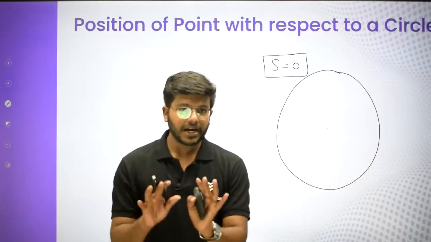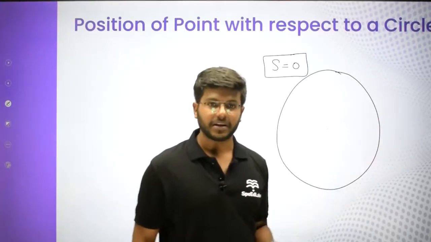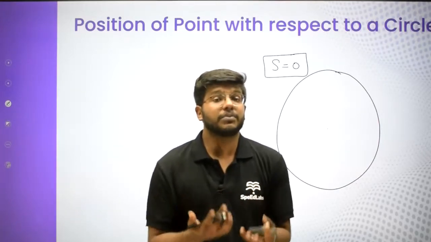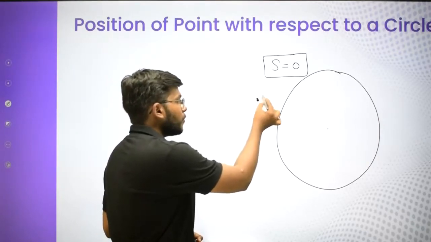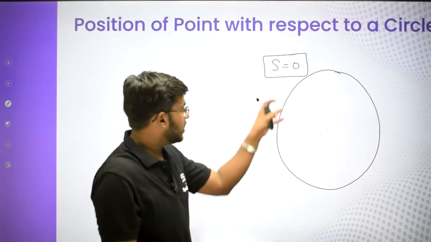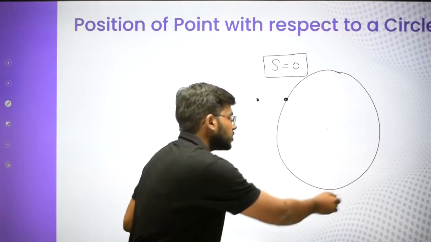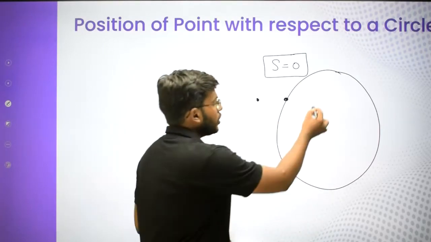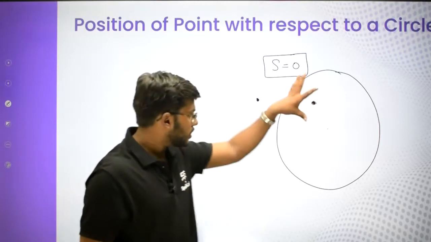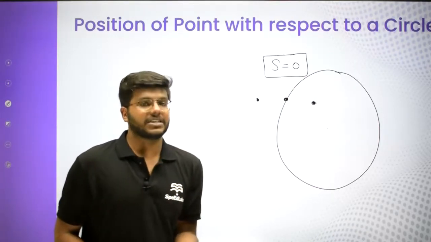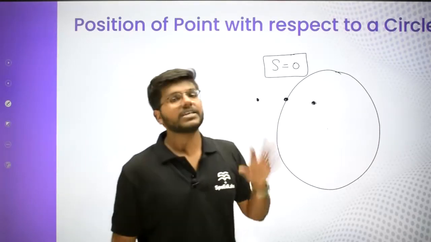So if I say that this is a circle in the plane and you have to mark a point on this plane, so guys, what can be the condition where you can put the point? So basically see, there can be three conditions. You can put the point outside the circle, ठीक है, कहीं पे भी outside आप put कर सकते हो. You can put it on the circle, right? You can put the point on the circle anywhere, or you can put the point inside the circle, right? Basically, if you want to simplify this, यहाँ पर तीन cases बनेंगे, right? One, when the point lies outside this circle, on the circle, and inside this circle.